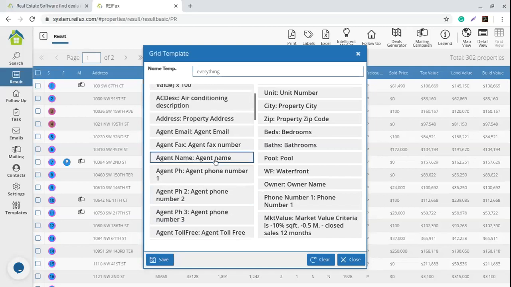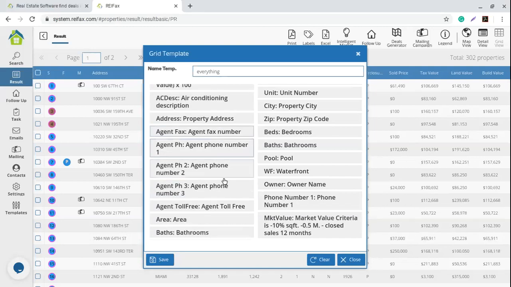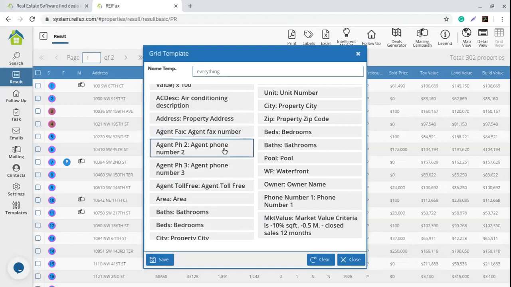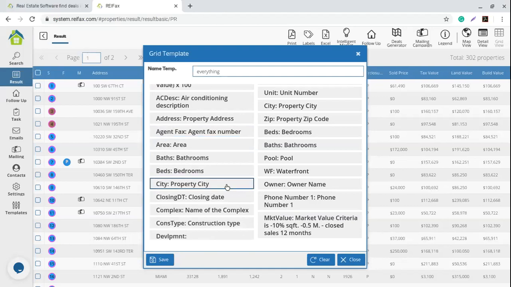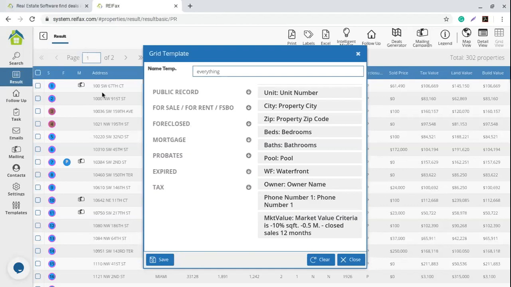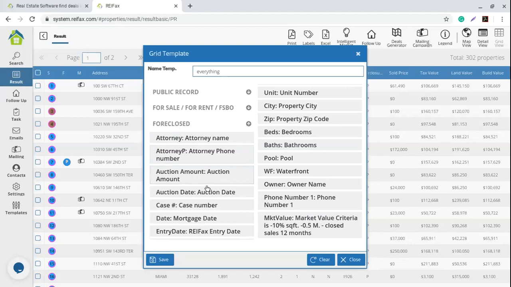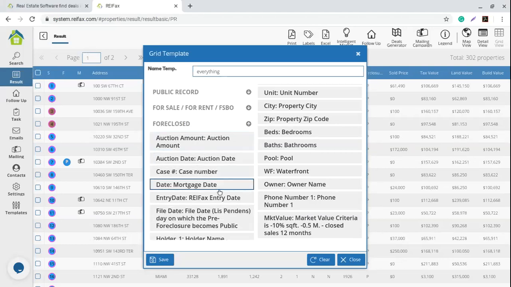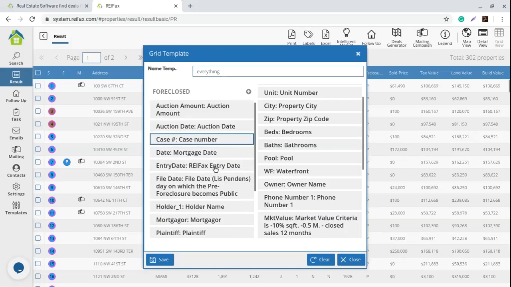So agent's name, agent's email, agent's number, all the phone numbers that I can get from here. That's it. And I also want to see, I select the properties that are probates and properties that are pre-foreclosed. So I just open the foreclosure filter first, and I want to see the attorney information, attorney phone number, attorney,